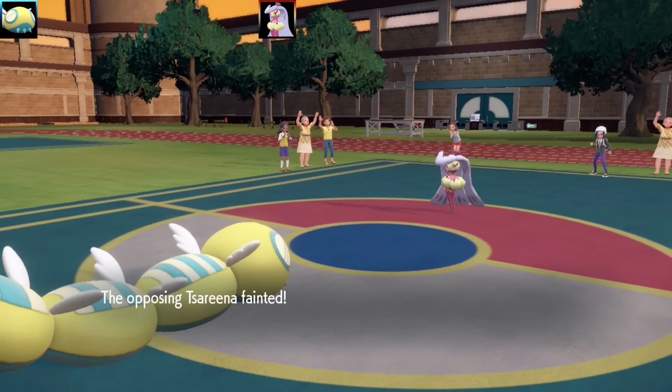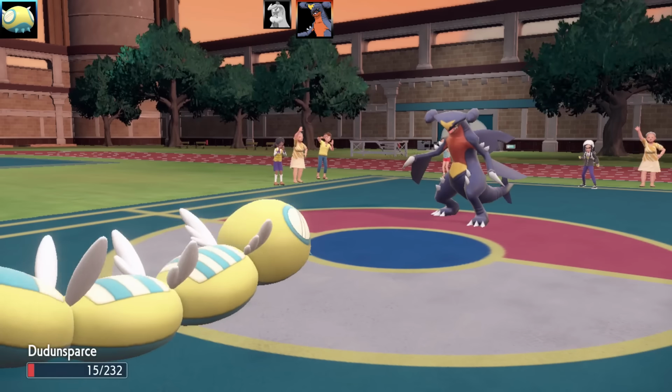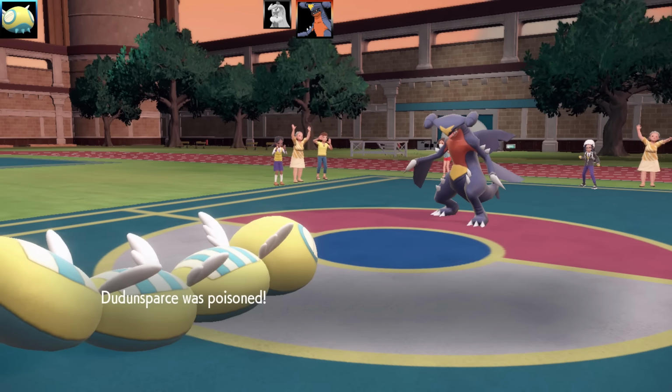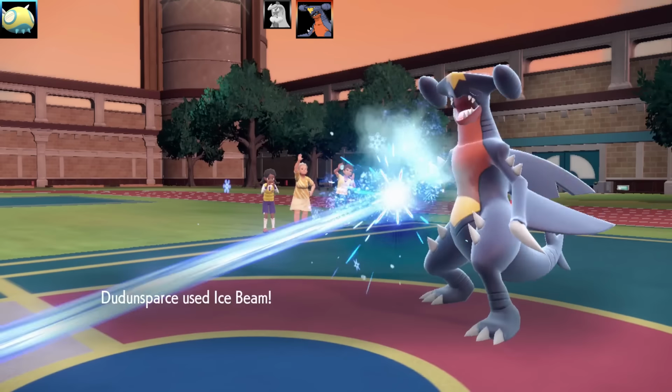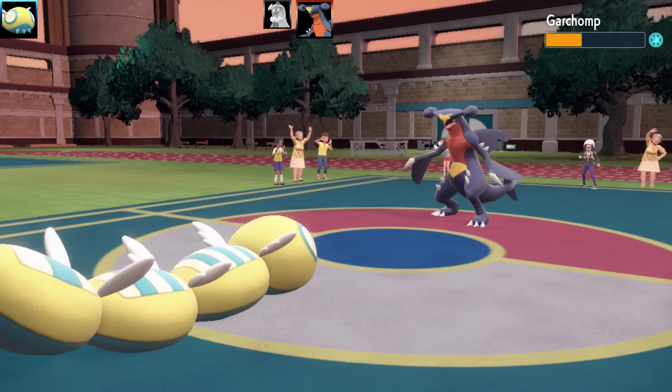Next Pokemon here is going to be Garchomp, and then Garchomp used Sludge Bomb. I'm like, what? He used Sludge Bomb? Hang on, something isn't right here. So the Dunsparce is going to get poisoned. I'm going to fire an Ice Beam at the Garchomp, but the Garchomp got Freeze Axe,